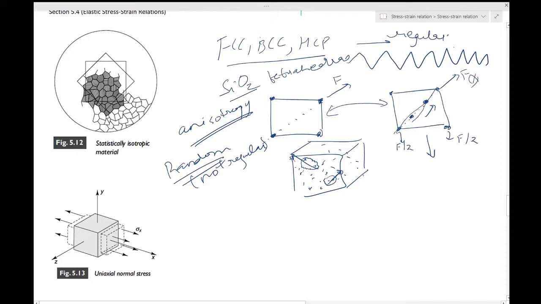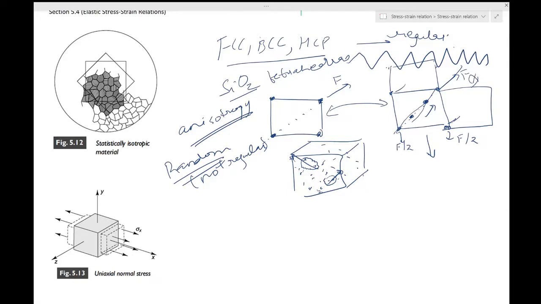But in a random solid, if this is a unit cell, the same idea will keep on propagating. Above it you will have the same situation, and on the side of it you will have the same situation. So that would be there. Now in this randomly placed configuration, you will have all of these